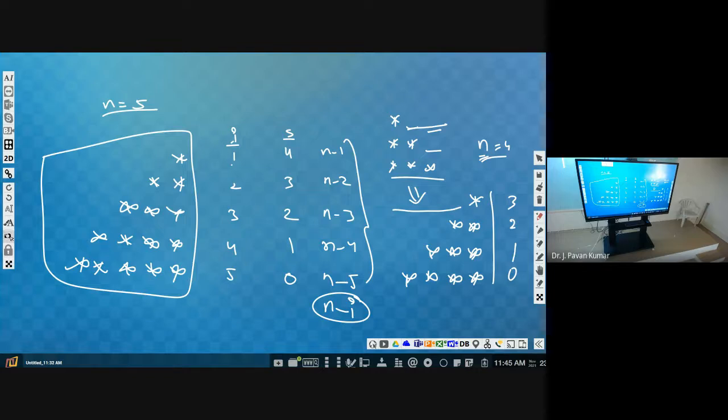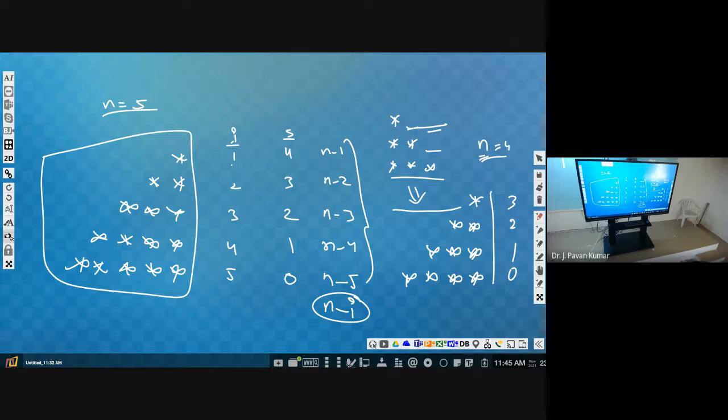Next, how many stars are we printing in each row? I stars. So for printing one star, we can use a print within double quotes, a star. Okay, how many times do we have to repeat that statement? I times. Can we put it in a loop? Yes. So outside, one loop will be there, that is to repeat the number of rows. For each row, it will be repeated.